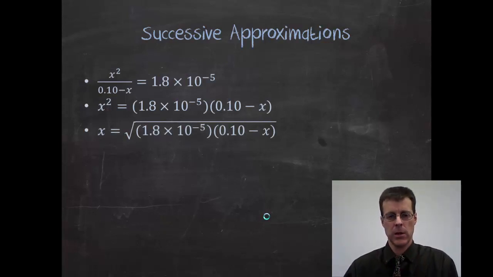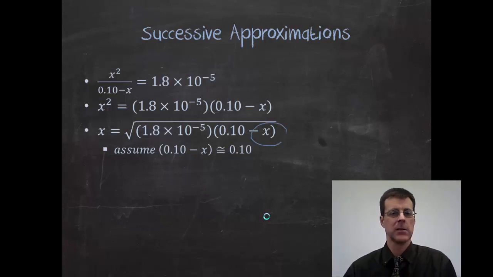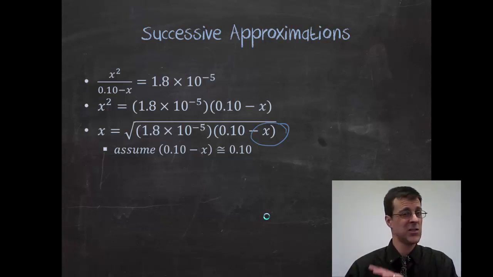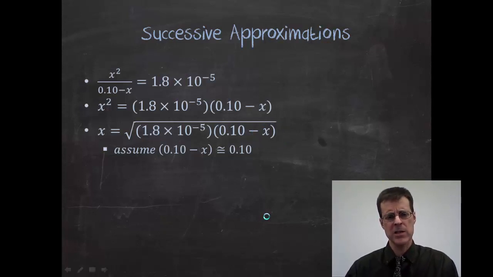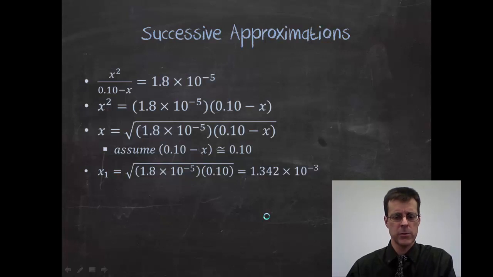My next thought is that x is going to be quite small. In other words, I'm going to assume that the x under the square root sign is small enough that it won't matter. And then I'm going to test that assumption. So it's kind of a guess and check, and I'm just going to guess and check my way through until I've guessed correctly. It's not random guessing though, it's very systematic guessing. So then this statement becomes that. So I've ignored the x under the square root sign,